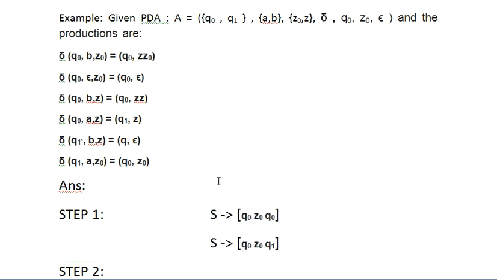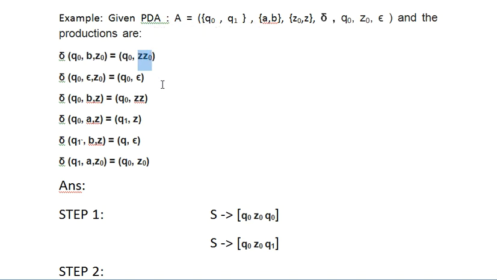Clear? Now we will move on to see how many push transitions and how many pop transitions there are, and I have to work on them individually. Let us move to the first transition. Can you let me know whether this is a push operation or a pop operation? How to look into this? It's a very simple way. Look at the last position.